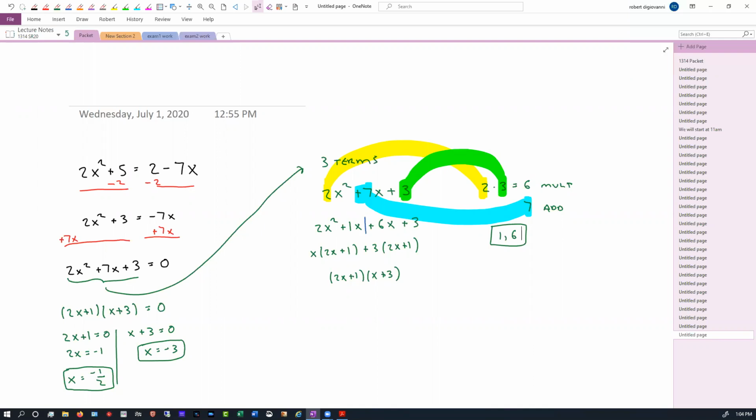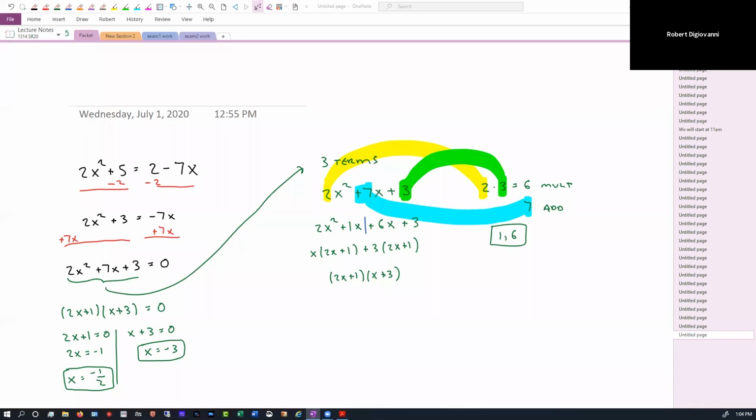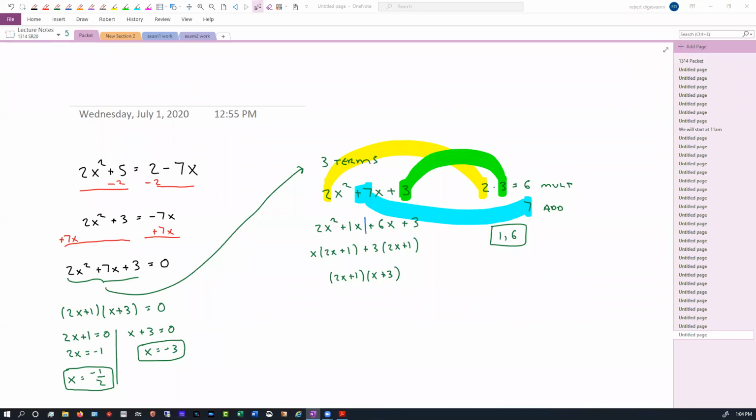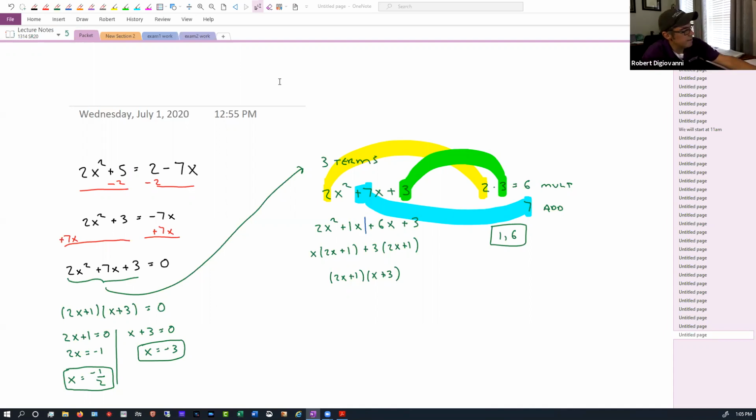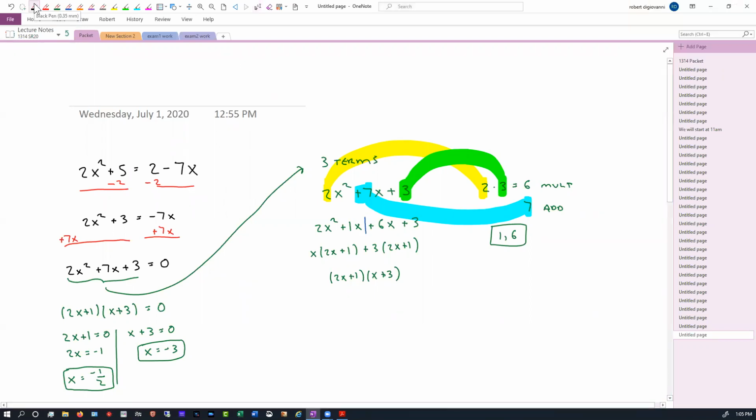I have a question. What was that? If that was 2x squared minus 7x plus 3, would that just not work? If it was minus instead, so let's just say